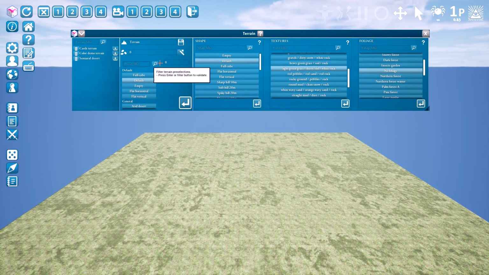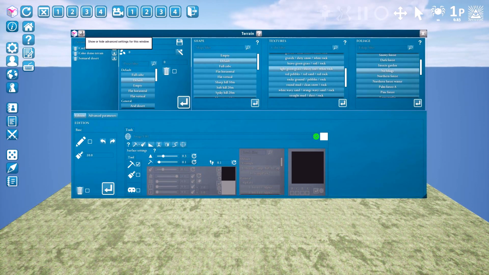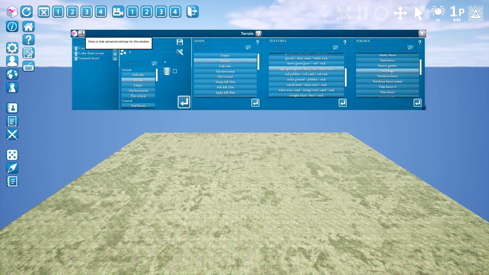So the new terrain window is now made of a default interface and an advanced one that you can show or hide by clicking this button here. The default UI has been designed to be as friendly as possible so we can create and modify terrains quickly